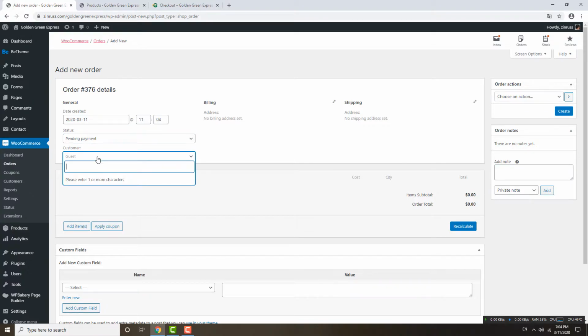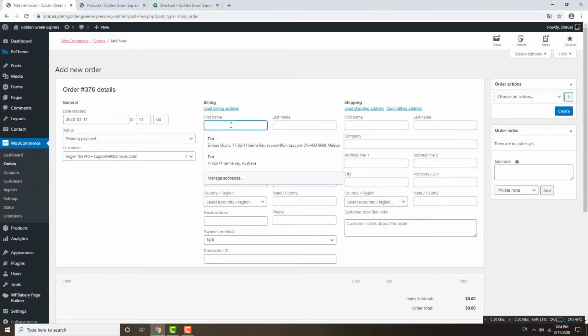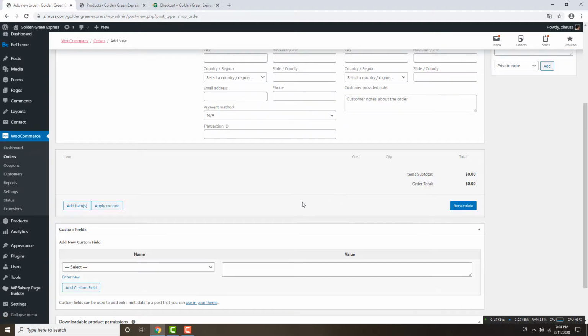Okay. So just now the customer was Roger, is it? Yeah, Roger Tan, this one, 99. So I can fill in all the address here, or if the customer has already filled it in, it will pop up here. So what I can do right now is add item,